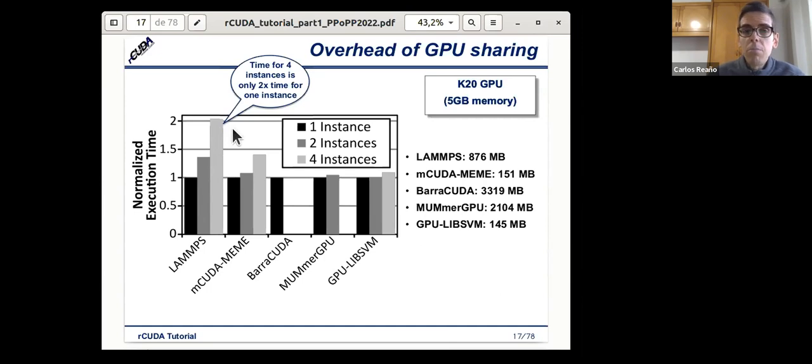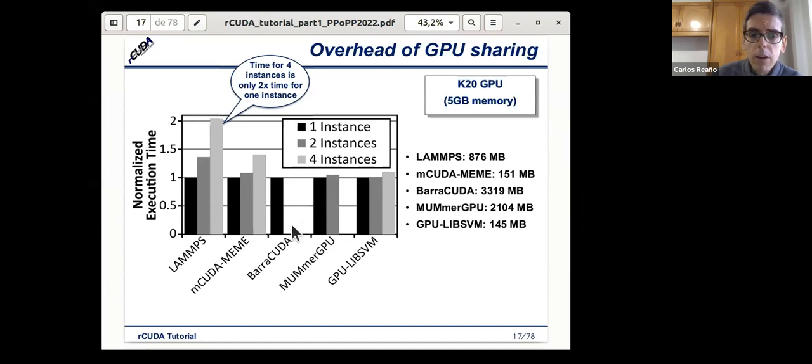So this makes us think that it's maybe a good idea for some applications sharing the GPU. In this case, all the applications we show here, it seems a good idea to share the GPU.